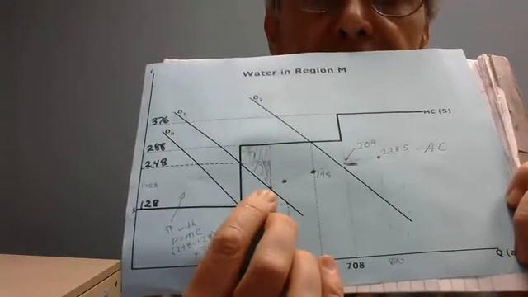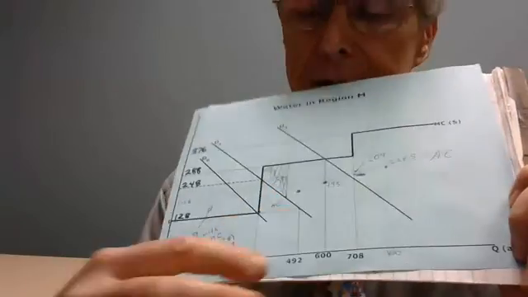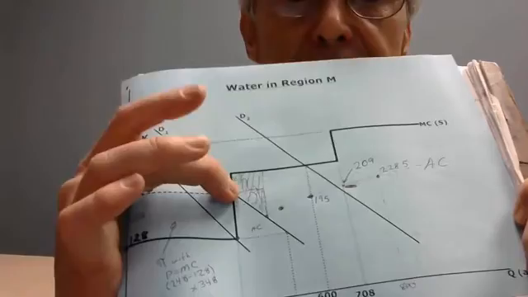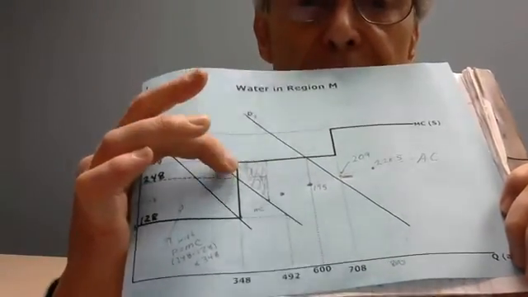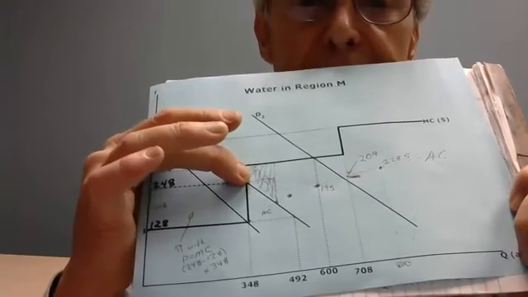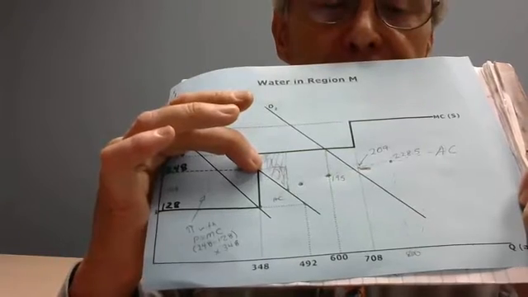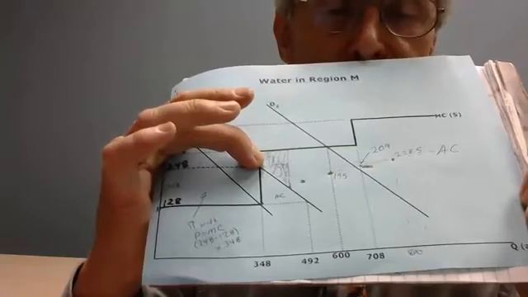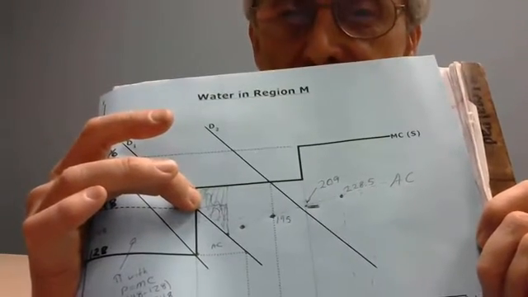Okay, so suppose you have demand D1, and it's not politically correct to be up here at this point, where they're making this enormous profit. See where my middle finger is pointing? That's the efficient point. Selling 348 acre feet a year at $248 per acre foot, and then making $120 an acre foot profit, 248 minus 128, which from the city's or the local government's perspective is money that could be made